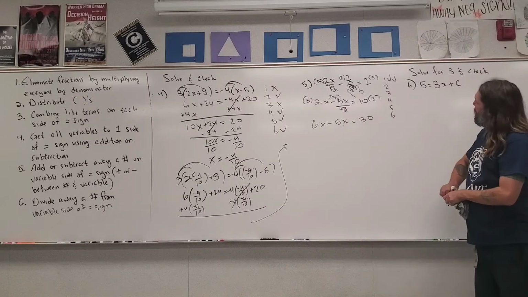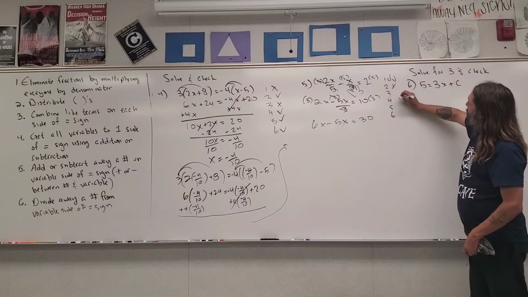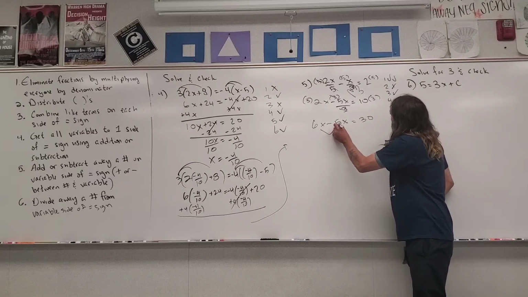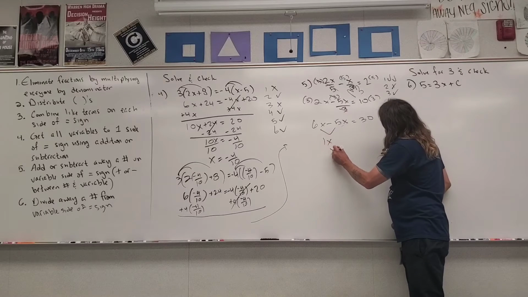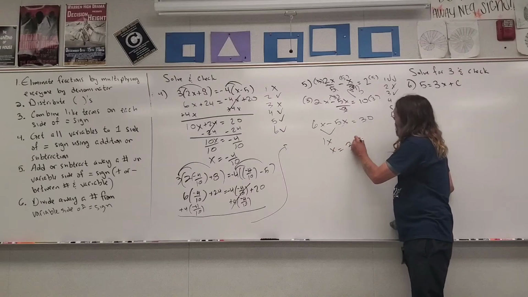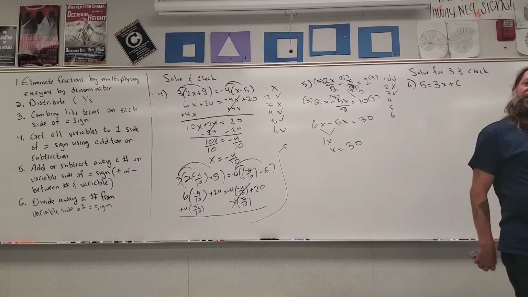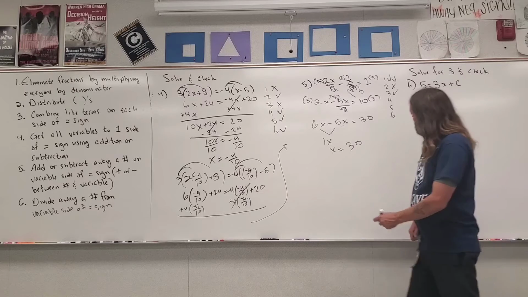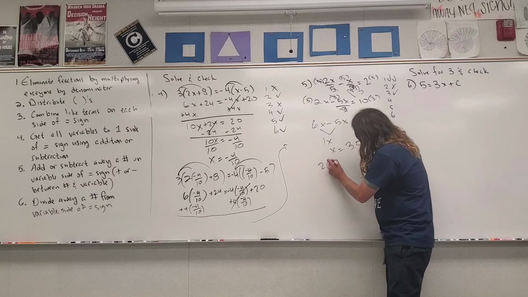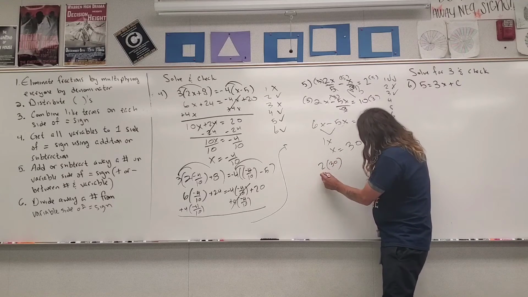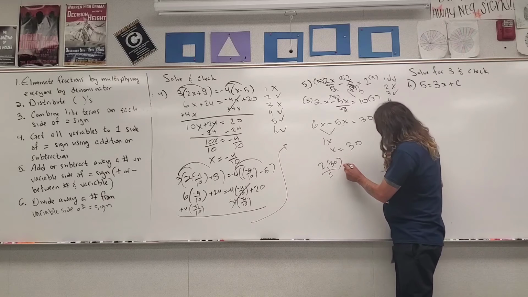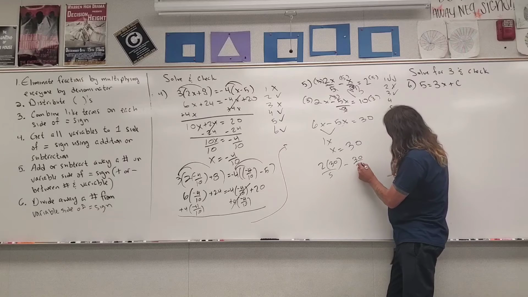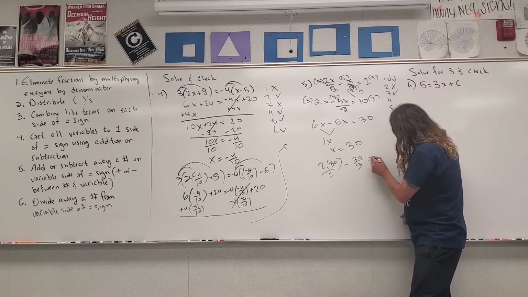Can I distribute? Nope, because there's no parentheses. Can I combine like terms on each side of the equal sign? Yes, I can. So here I get 1x, which is just x, and x equals 30. All right, let's check our answer here, because we are done solving because x is by itself. So here I have 2 30s divided by 5 minus a 30 divided by a 3. And is that equal to a,